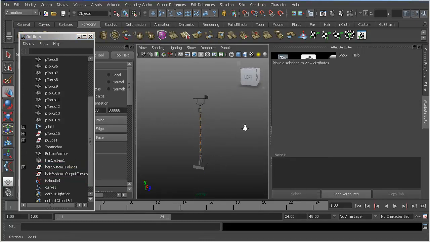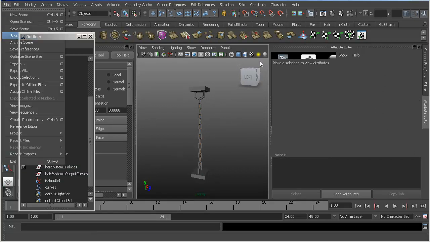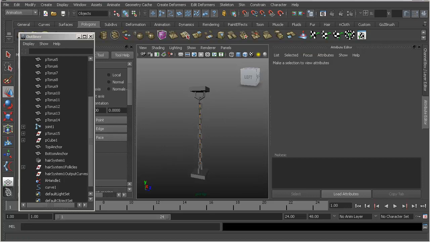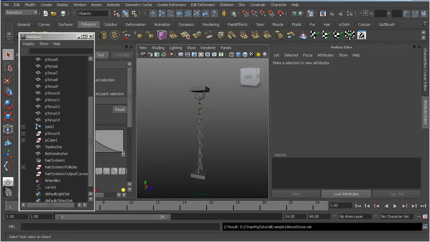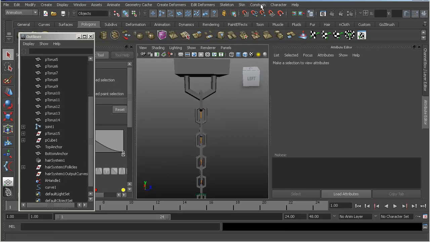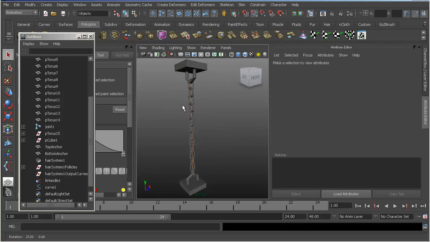Well, wait, I want to show you a preview first. Let's just save this as chain rig tutorial example. Almost done. Oh, I love the crappy naming on that. So